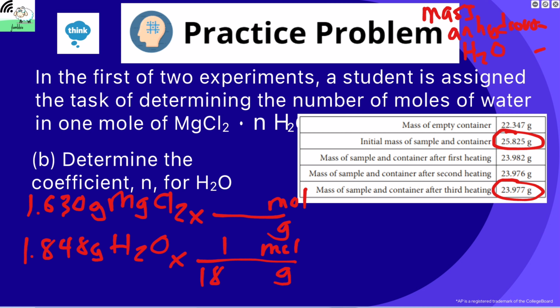I know this is 18.02. Magnesium chloride I do not know off the top of my head. So 35.45 times 2. We're going to add to that the molar mass of magnesium. 94.31. End up with 95.21. Let's get these mole numbers calculated. So I end up with 0.01712 moles. And with water,